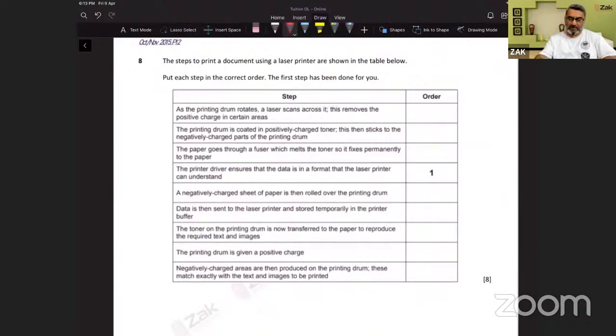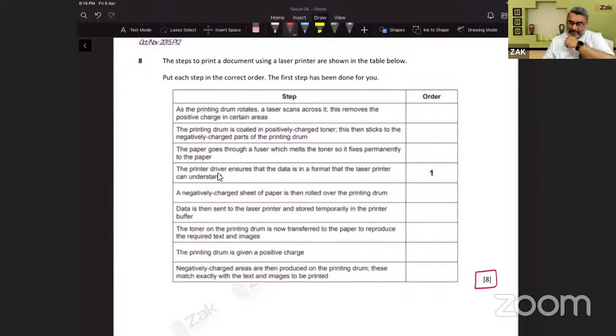अब देखें, यहाँ पर हमारे पास लेजर जेट प्रिंटर की वर्किंग है और इसमें हमें स्टेप्स बताने हैं ऑर्डर में कि ये कैसे काम करेगा, और ये एक मैक्सिमम मार्क्स का क्वेश्चन है। मैक्सिमम मार्क्स आपके पास जो एक क्वेश्चन में आ सकते हैं वो 8 होते हैं और उससे ज्यादा मार्क्स का क्वेश्चन नहीं होता। दिस इज द मैक्सिमम मार्क्स क्वेश्चन। तो आप देखें, इट सेज the printer driver ensures that the data is in a format that the